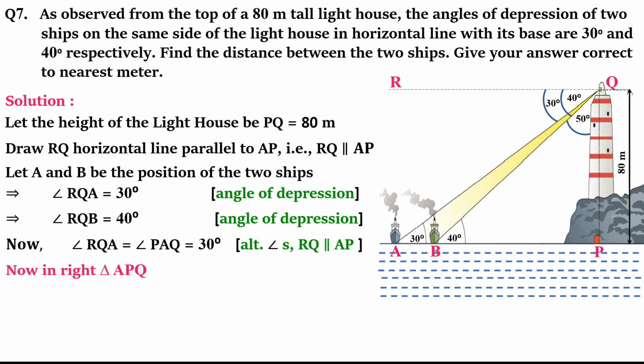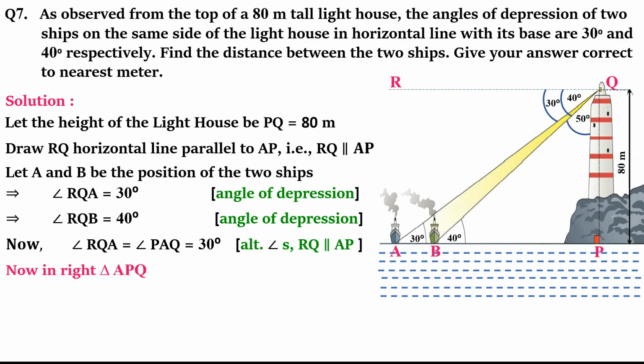Therefore when I use triangle BPQ, I will not make use of 40, I will make use of 50. So this is a new type of question where you have learned that in a right angle triangle, whatever angle is given, you need not use this. By using angle sum property, you can find the third angle, which is of course the complement of the acute angle given. It is 50 degree, and you can make use of 50 degree also. So when I solve, you can see how I have used 50 degree.